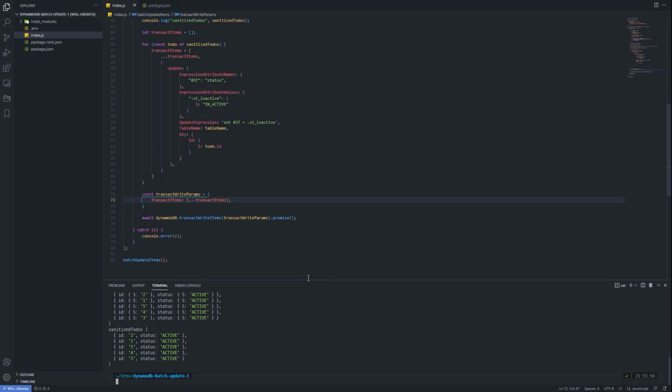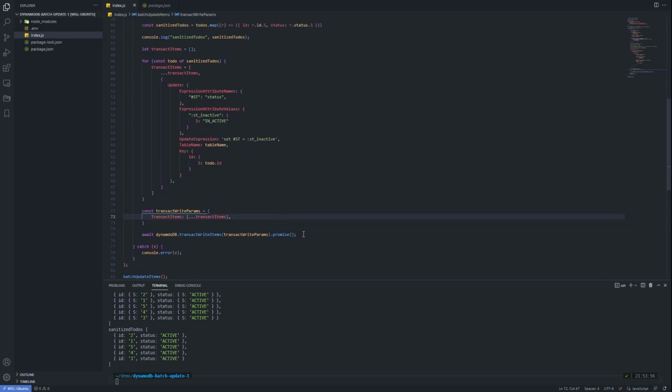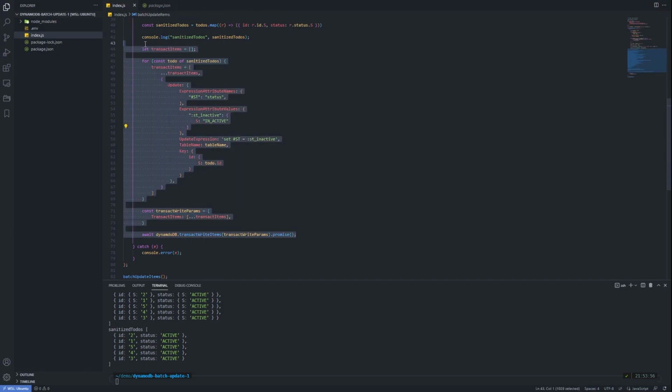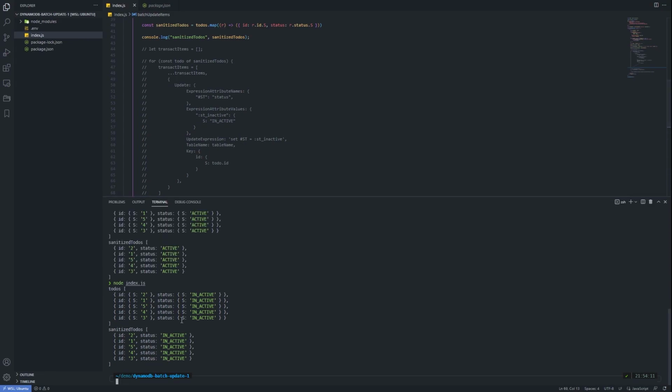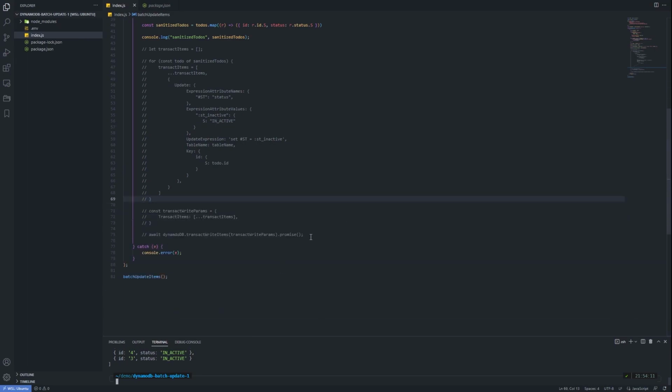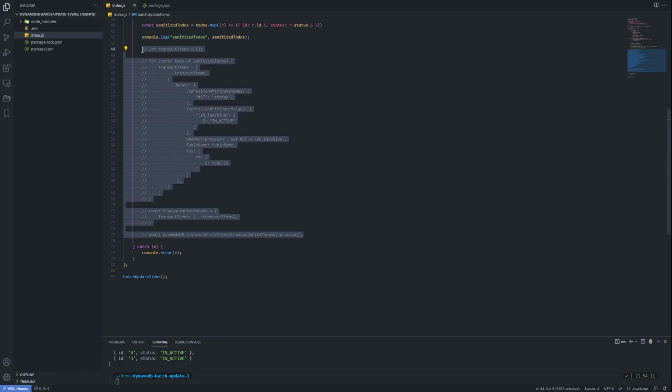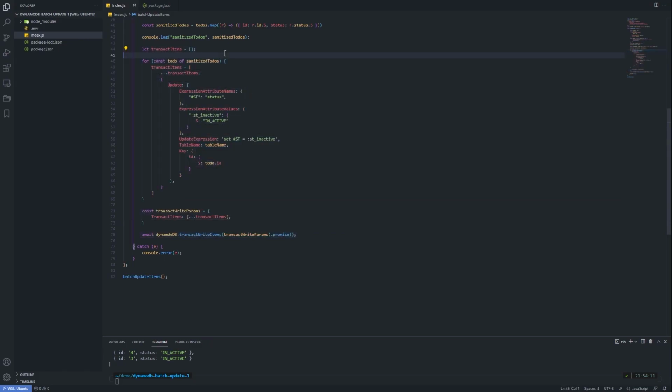Cool. So of course we are not returning anything. So what I'd like to do is comment this out for a second so we can scan and see what the newly updated to-dos look like. If you now do that, tada, you have it. Here you can see that the status has been updated from active to inactive. So this is how you can use transact write items and the scan method to update multiple items at once